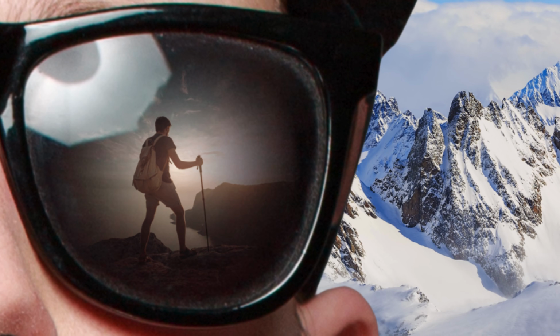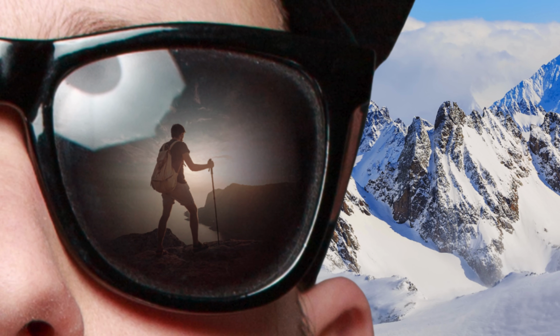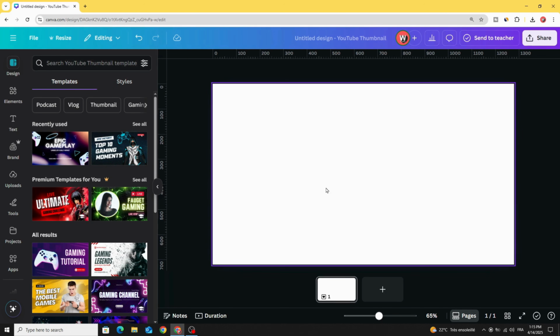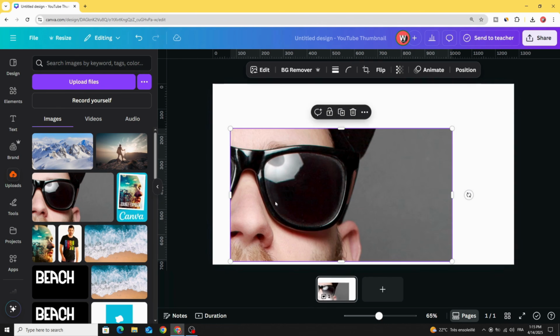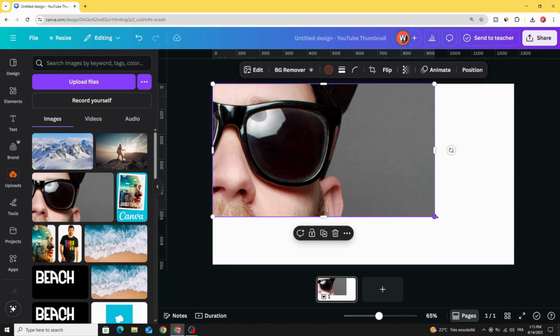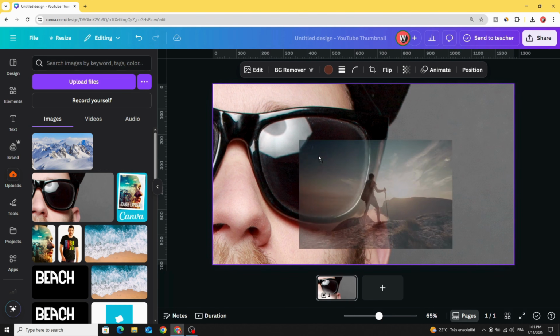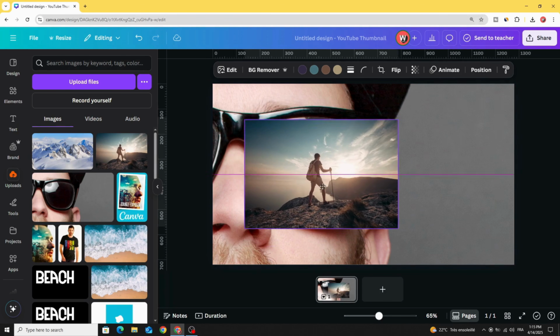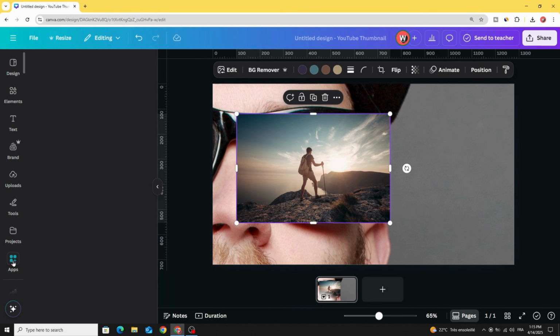Today I'm going to show you how to make sunglasses reflection effect using Canva. After opening new Canva project, go to Uploads, Images, and after uploading your images, let's drag the first image, adjust the size, and drag the second image that you want to place inside the glasses, and go to Apps